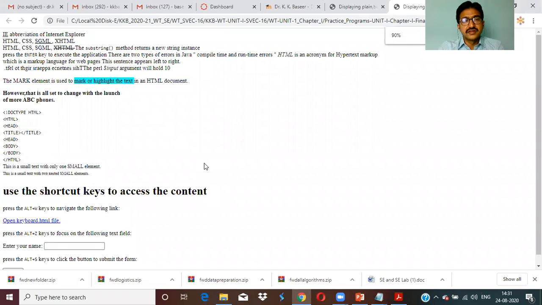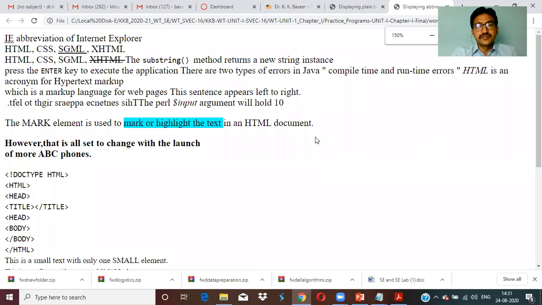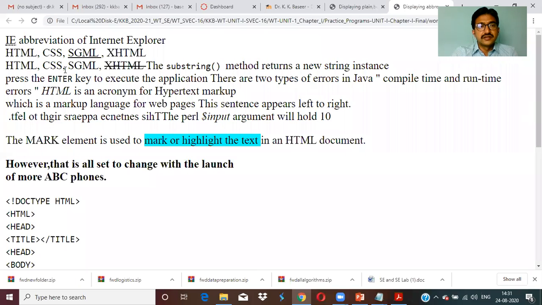Logical elements. See, you see carefully. Just zooming in here. See abbreviation IE. IE stands for IE abbreviation. You have just included ABBR. It is automatically reflected as the IE abbreviation. HTML, CSS. You are inserting a new HTML. Now you are striking out with the help of del. Subscript, in the sense when you want to display a sort of code, you can use this subscript. Now HTML is defining a new word, DFN.